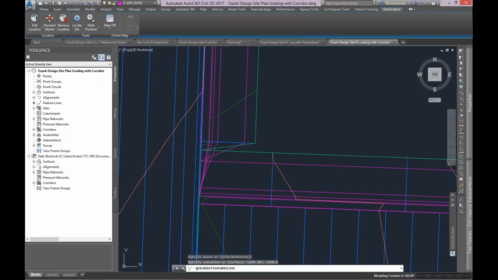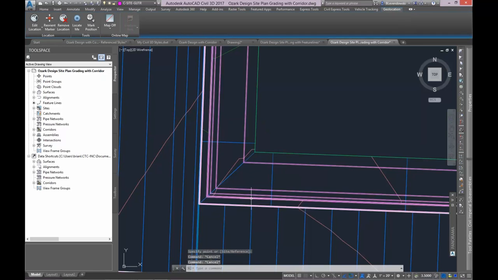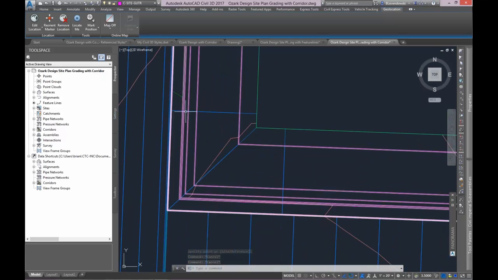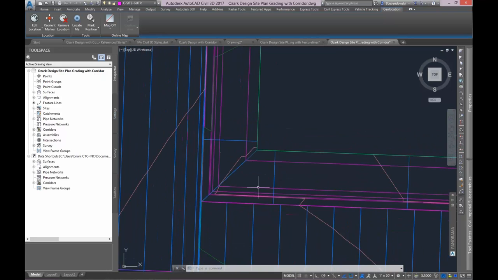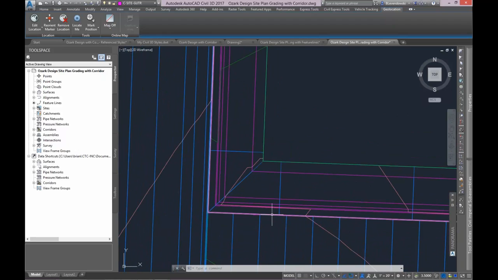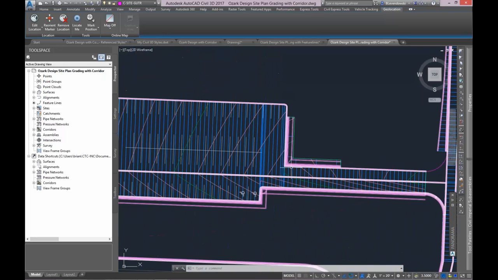So if I push this to 1250.5, any change to the source data would affect that, and it would update accordingly. So that's a corridor now trimming itself on an inside corner. We've never had that, and that makes a big difference. Along with building a corridor on a feature line, it makes a huge difference for thinking about site grading, you know, more non-linear type designs